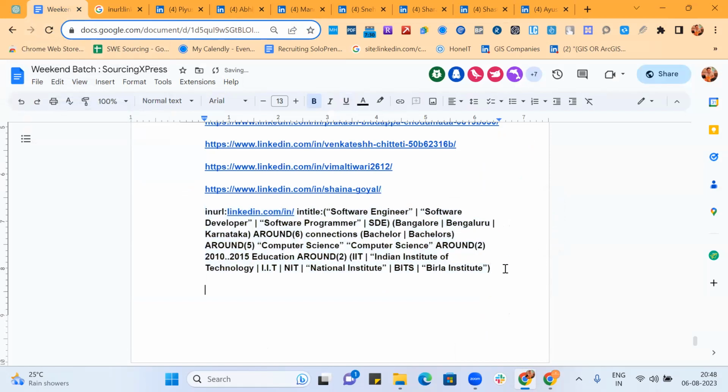Now, similarly, if I just go here, in URL, there shouldn't be any space in between the keywords as well. So in URL, resume or CV. Now let's see. I need Java, Python, or C++, or Golang,